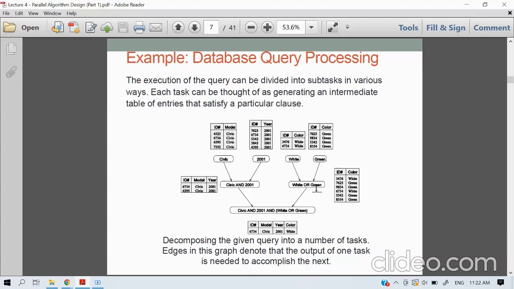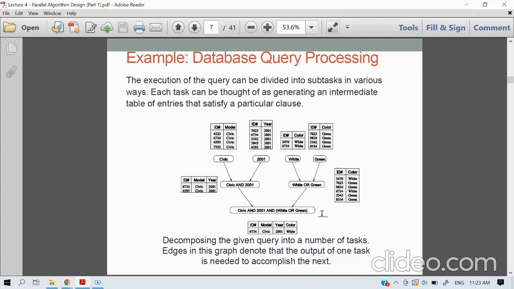And the same goes for finding the color, either white or green. When they run these two codes, white and green, they find there are 2, 4, 6 IDs of cars that have white and green color. So when they combine together Civic and 2001 with white or green, actually the output is only one that matches